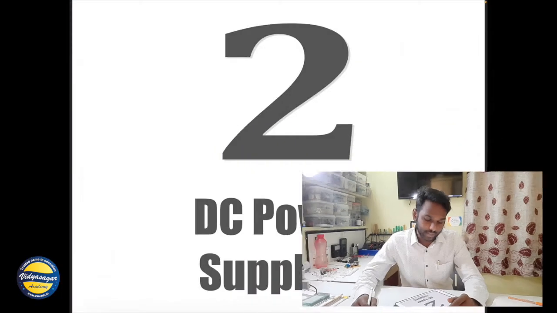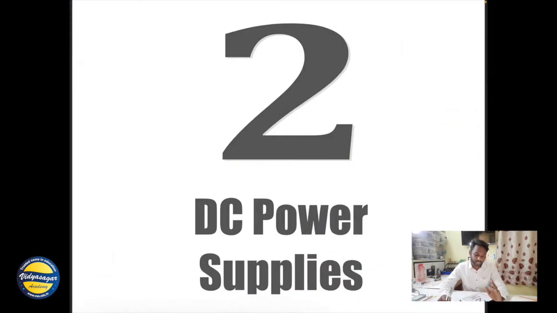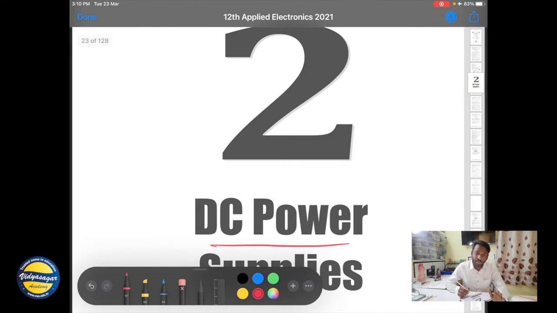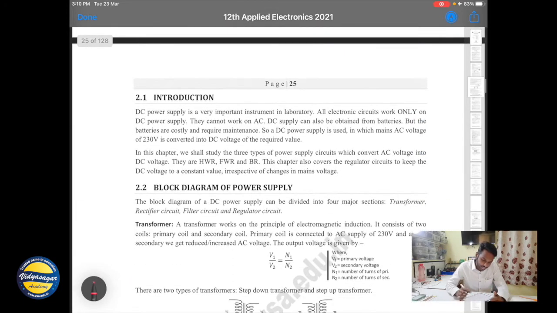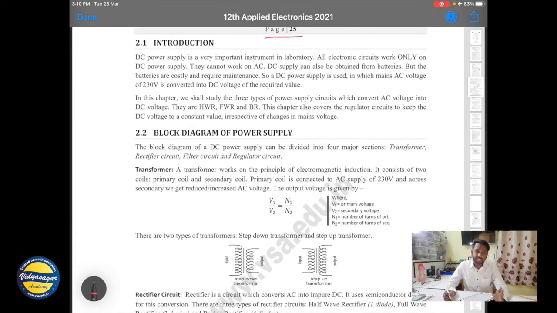Good morning everyone. Today onwards we'll be starting with paper 1 of Vocational Bifocal Electronics, and the link to chapter 1 is provided to you in your Google Classroom. So don't forget to prepare for chapter 1 using that link, and we'll be starting with chapter 2, that is DC power supply. Now I suggest you please have your notes beside you during this lecture so that you can quickly refer to what I am telling you. Now let's get started. Please open page number 25, DC power supply.